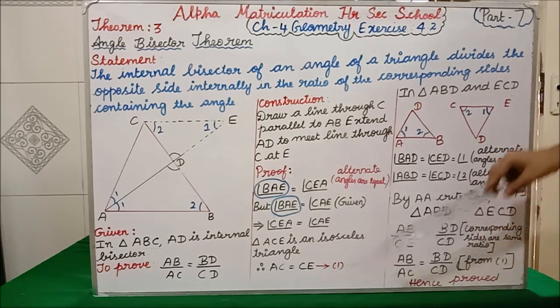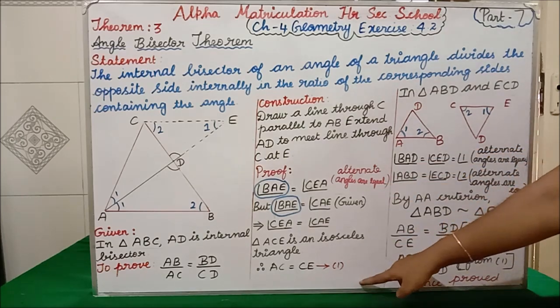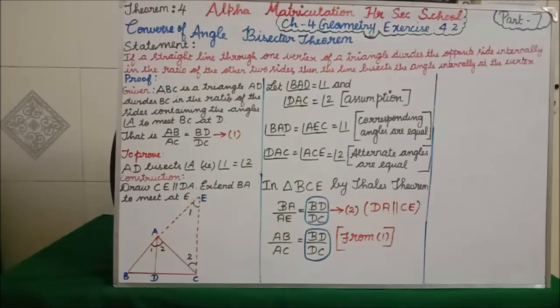After this line 1, you have to start in triangle ABD and ECD. Clear all of you? After this line, what line you will write? This line and you have to finish it off. Clear students? Continuously you are going to write. You no need to draw like this. I have told you many times how you will write the classwork usually. That model you have to write. Clear? Next we will see the converse of angle bisector theorem.